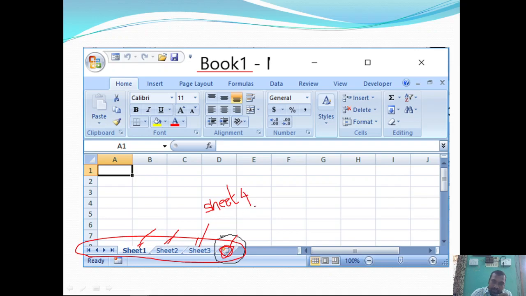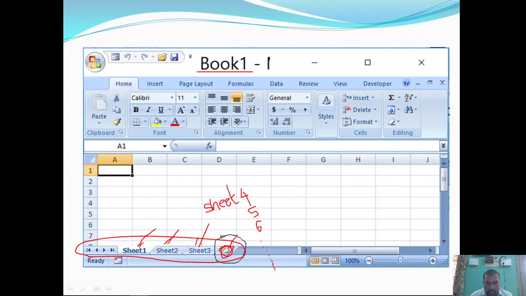If you click one more time, it will create sheet 5, then sheet 6 and so on. So this is the way we can create a new worksheet in the already existing workbook.